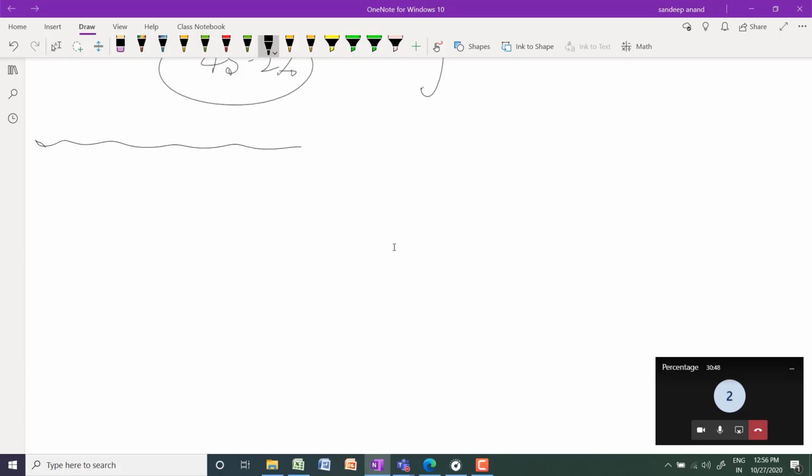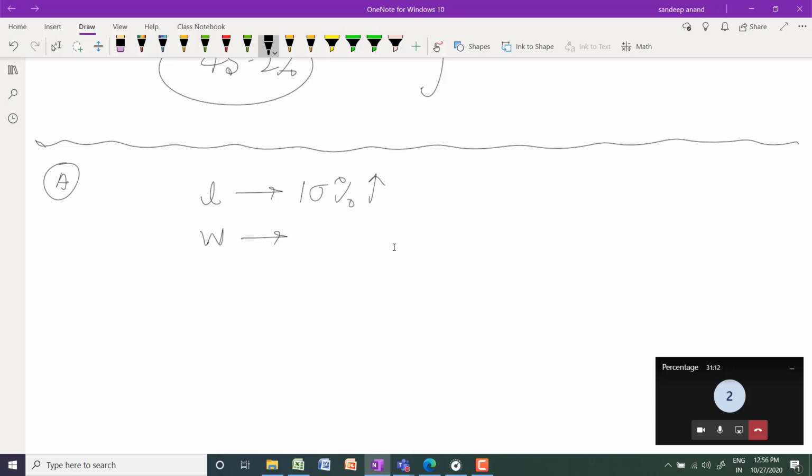Okay, look at the screen. I will show you the fundamental difference between taking the initial value as 100 and not taking it. Suppose I take one example, an area question. Length is increased by 10%, and width is increased by 20%. I already did this question, but I am repeating it. What is the net percentage change in area?